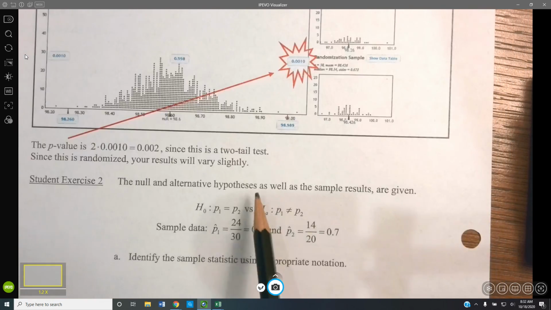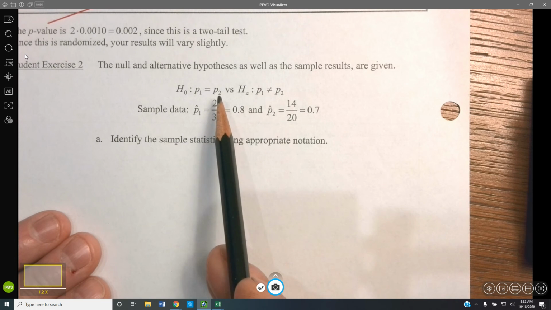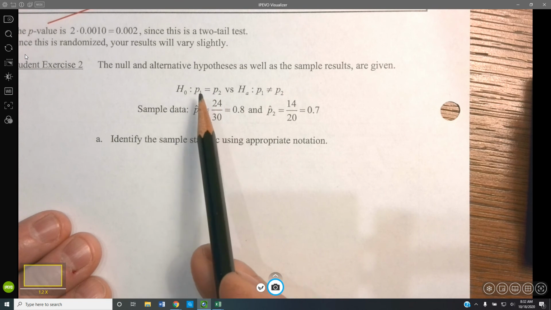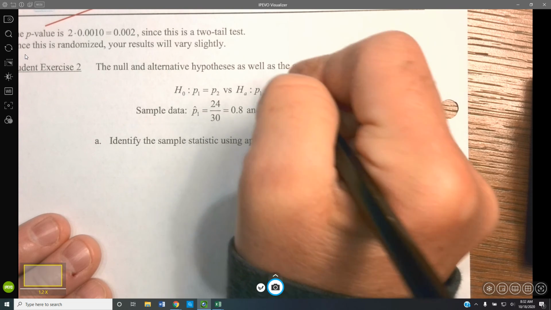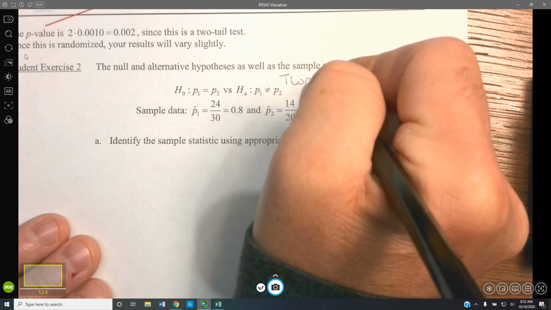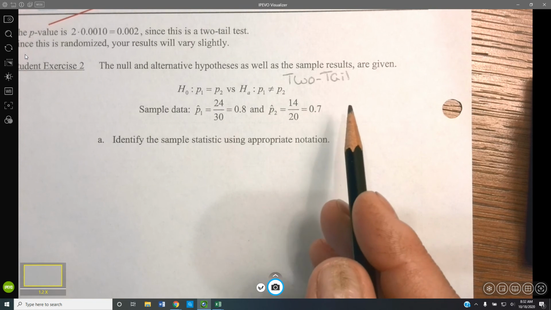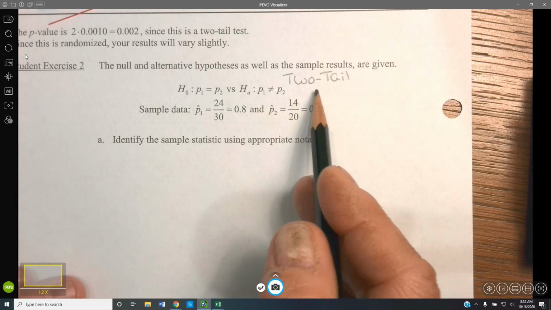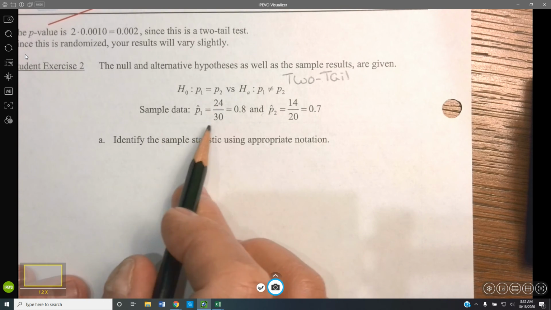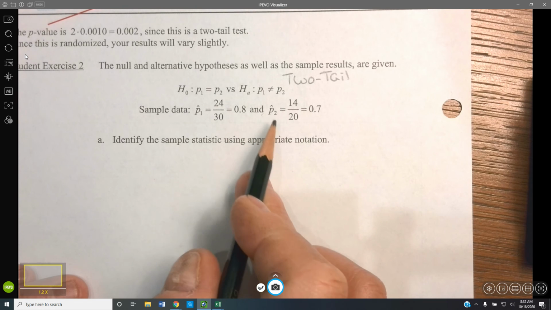So first of all, we have a null hypothesis of P1 equals P2. I want to remind you that means the null hypothesis is centered at 0. The H sub A says this is a two-tailed test, so I'm going to write that down too. How do I know it's a two-tailed test? It's a not equal. Not equals are in the form of a two-tail. The first sample data is 24 over 30, or 0.8,